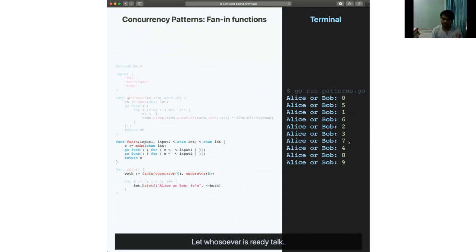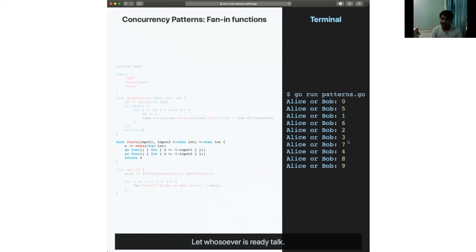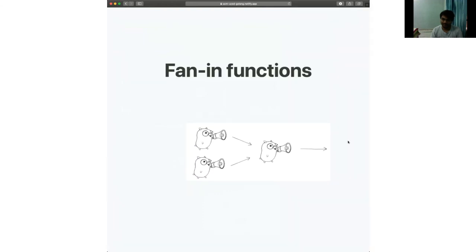So sort of the idea is that fan-in functions let anyone who is ready to talk just send their message. Fan-in functions are a really common pattern in Go, just because of how many Go routines you usually spawn. So yeah, again, the fan-in function Gopher diagram looks like this.